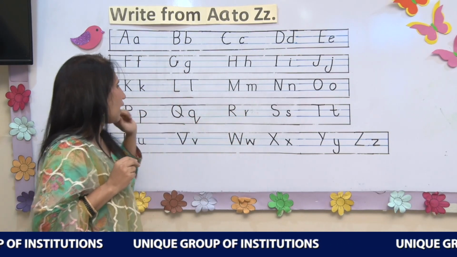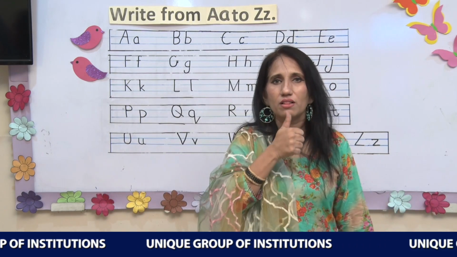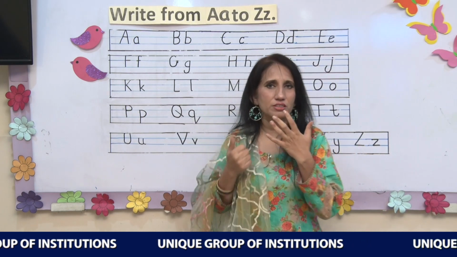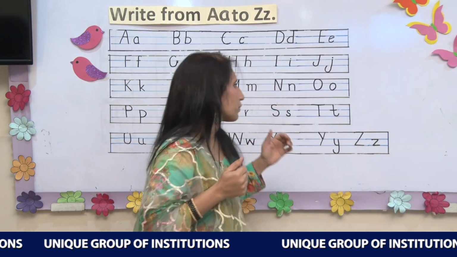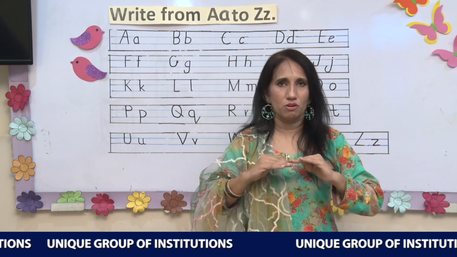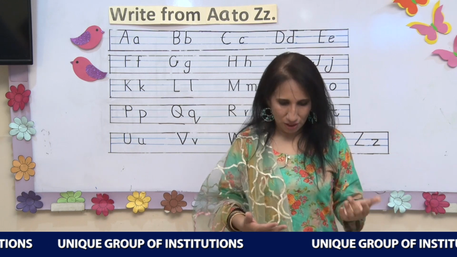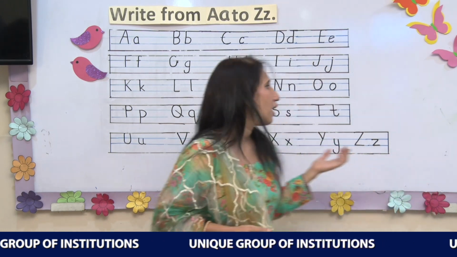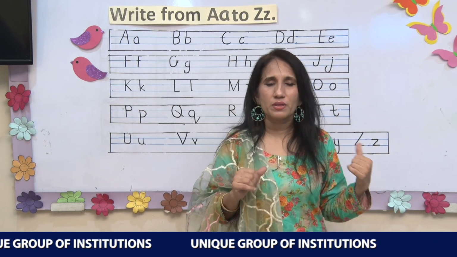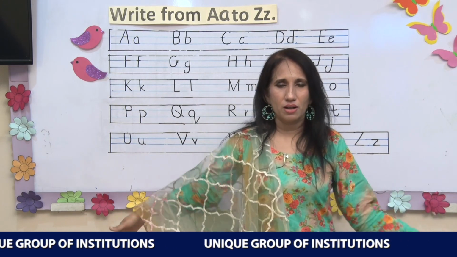Then letter L. The sound of letter L is as I am licking the lollipop. Your tongue should be touching your front teeth. Letter M. The sound of letter M is as something I am eating that is so yummy, and I am saying that is so yummy. So the next letter is letter N. M is with the closed lips and N is with the open lips, like a helicopter.